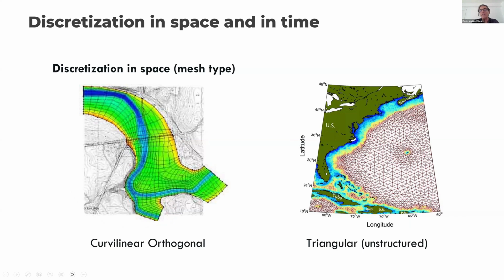Okay, the triangular grid or other types of grids with different shapes are unstructured. So it means that for the cell 32, the neighbors are not 33 and 30. So it's impossible to organize that way. So we always need to know the numbers of the neighbors, and it causes a lot of difficulty in the computation. But on the other hand, you see what they can do with this kind of grids.